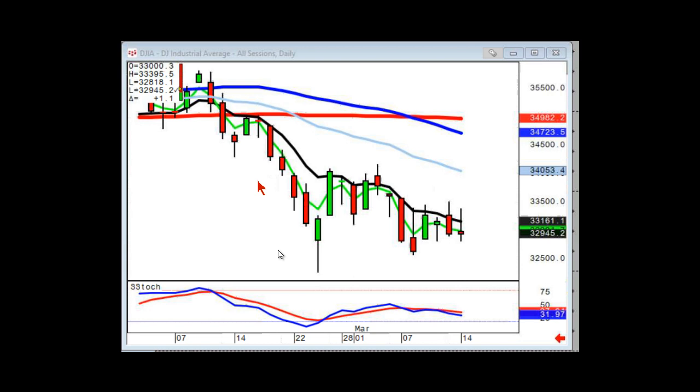I've been getting not a lot of feedback, but a lot of questions from people being able to identify good chart patterns, but they aren't confident enough to pull the trigger, or they want to see more confirmation. They're usually getting in too late. So I'm going to kind of